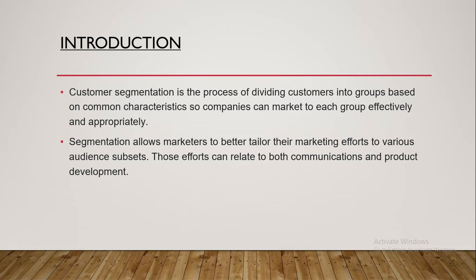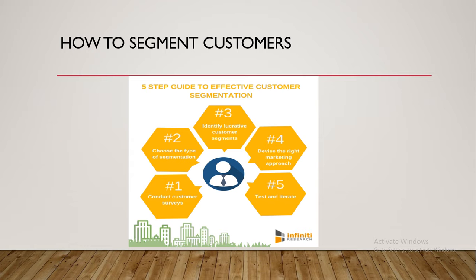So basically, using this segmentation, a company can divide its customers according to their age, gender, or anything else, and they can make use of this data to separate a group of customers who are actively participating in their company's product and separate them accordingly. So now let us see how this segmentation is done.